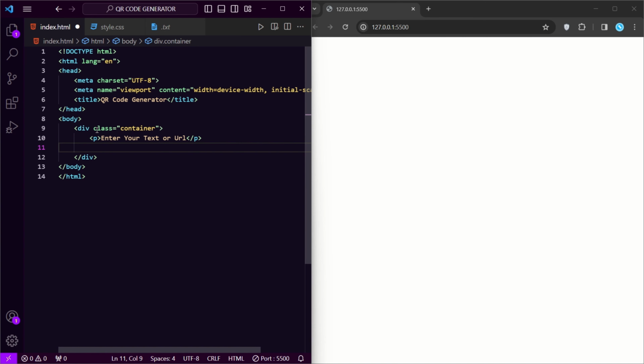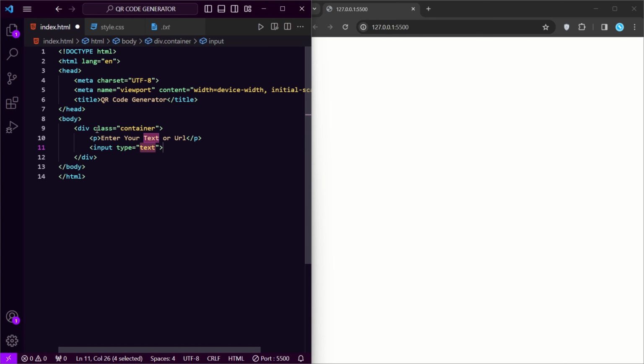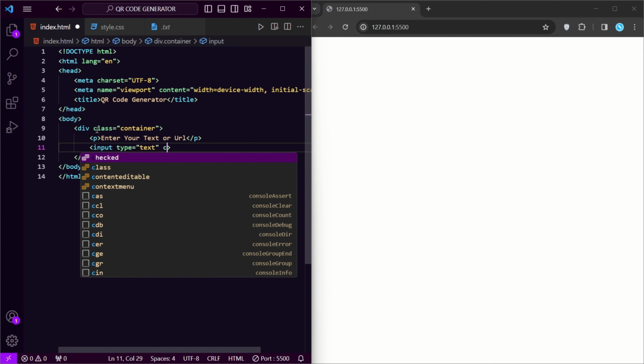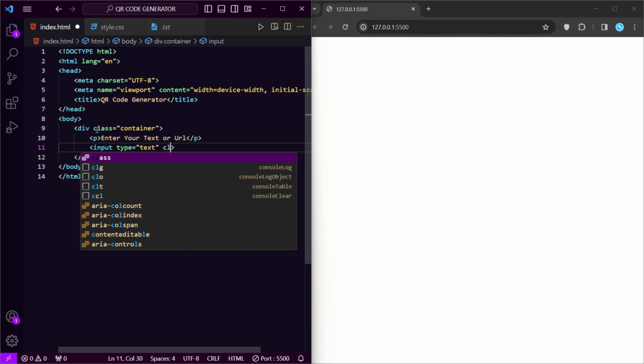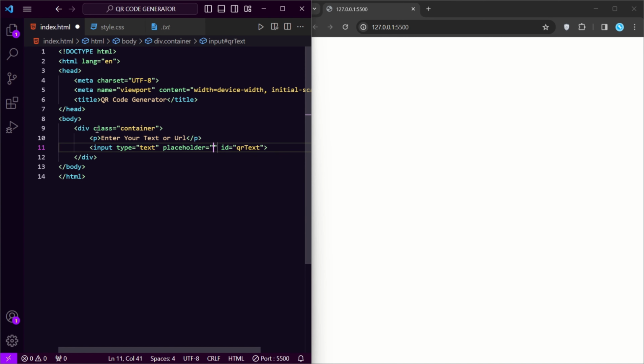Then on the next line, we have to take an input tag, input text tag. Give the ID, not class. Give ID QR text. Add a placeholder of text or URL.